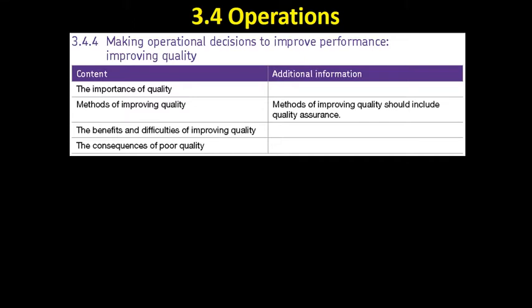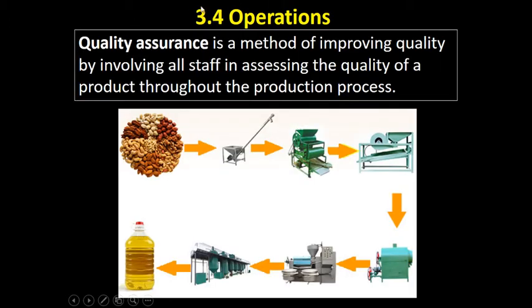So in the previous video I spoke about quality control as a method of improving quality. This time we're going to contrast that with the approach of quality assurance. My definition of quality control in the last video, a system for monitoring quality, was just that. Quality control is a system for monitoring quality. This definition is slightly different in that quality assurance is a method of improving quality. Okay, it will involve monitoring quality, but also with the aim of improving quality.